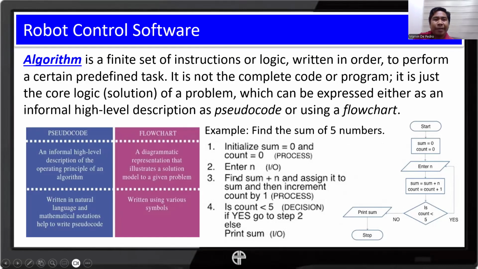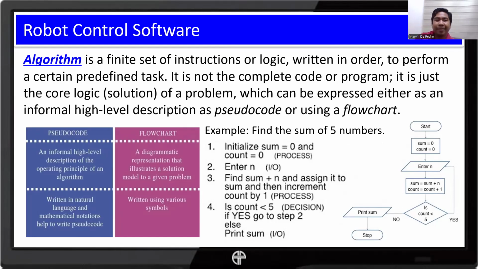For example, how do we want the robot to behave, or how do we want this specific motor to rotate or respond to a given input?